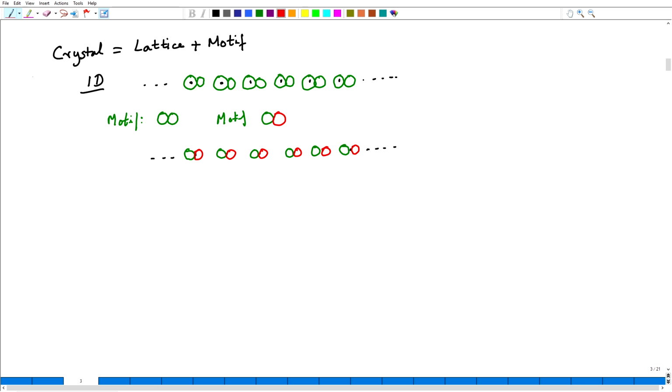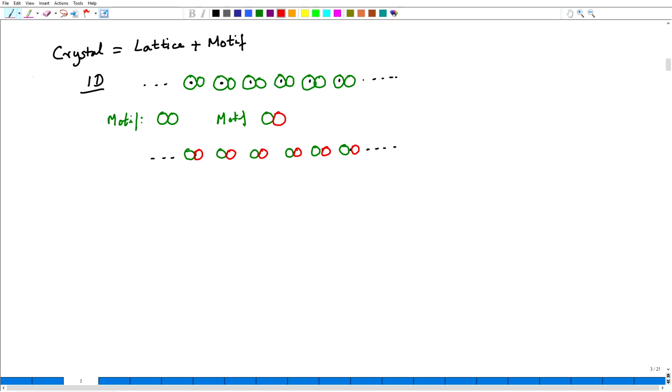Whether the center of the atom coincides with the lattice point or not does not matter, the arrangement of the atoms in the crystal is identical. Therefore, we are actually free to choose the origin, but we will see later that there are some preferred choices for the origin in a crystal, but we will consider that at a much later time in the course.